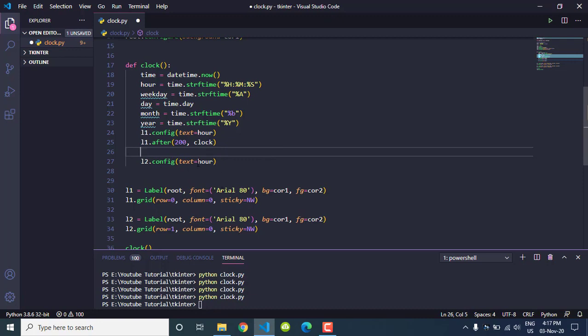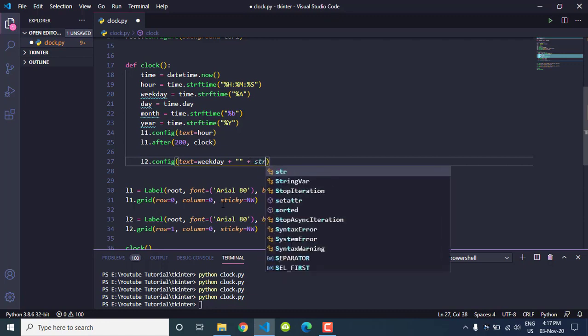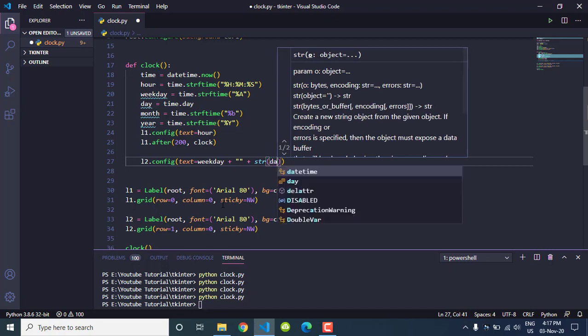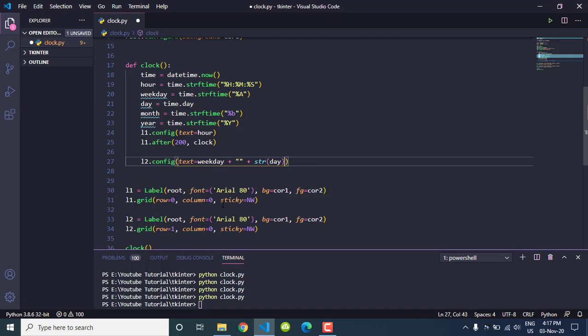From here, what we want is to give the week. First is the weekday, which day is today. Instead, it will be weekday plus, give some space, open, open, close, then give some space again, plus, give some space, str of day. Since day is an integer value, we have to convert it into a string. Give space again, plus,